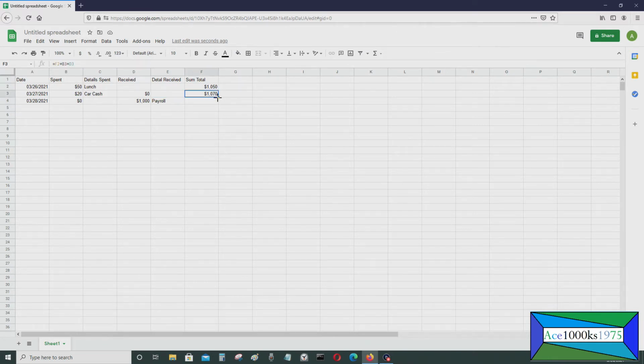All I have to do is just shift it down. I think I made a boo-boo here. Okay, so it is equal to F3 plus